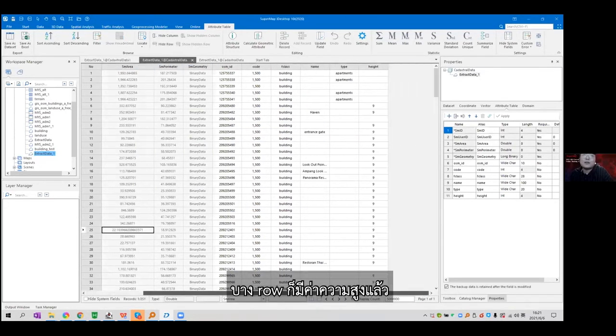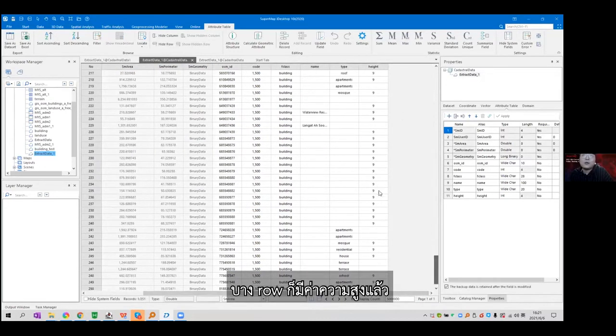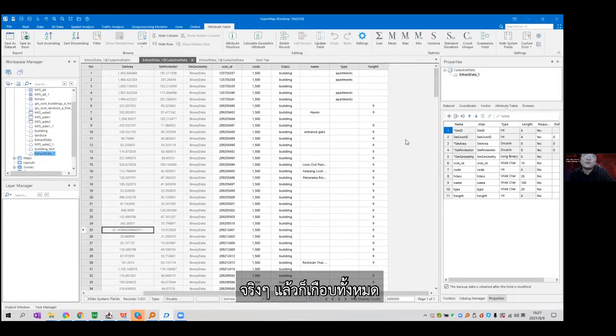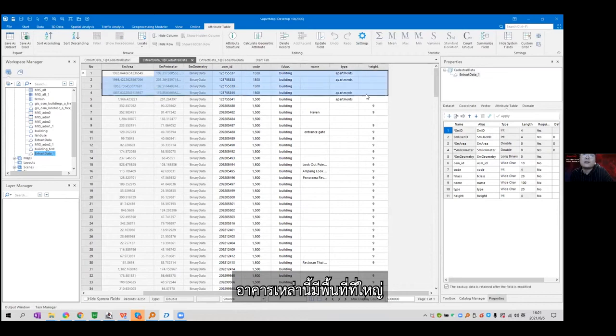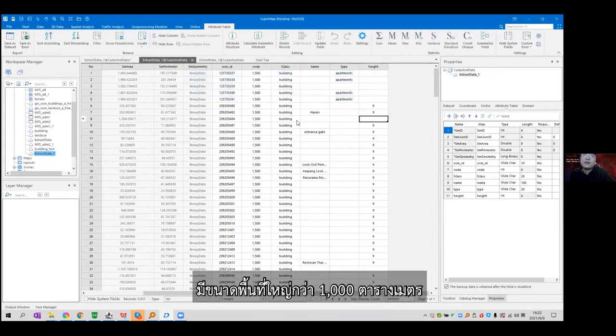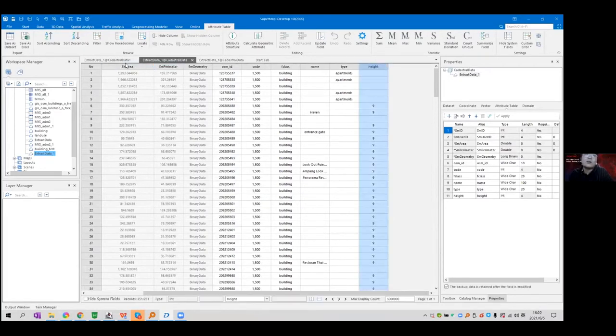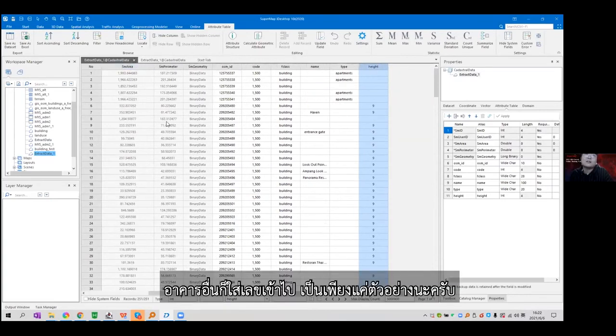And for others, we can see some of them already have the height. Actually, almost all of them. But this kind of building, they have a big area, like more than 1,000 square meters. So for others, we can calculate the height based on the area just for the simulation,